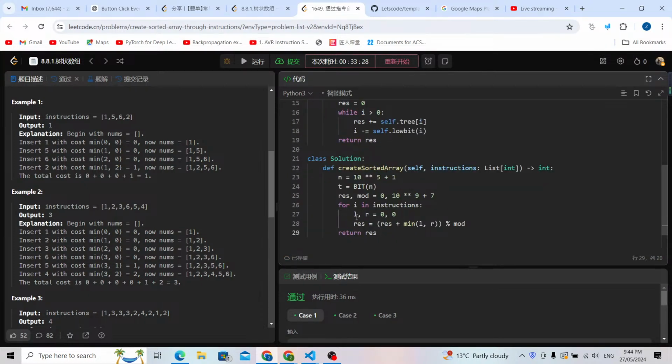For this L and R, basically we need to use the sum method to get the result. But after that we need to use the add method. So T needs to add our current value, which is this number from the instructions. And for the L and R, we can also calculate it easily. It's gonna be T.n minus 1,